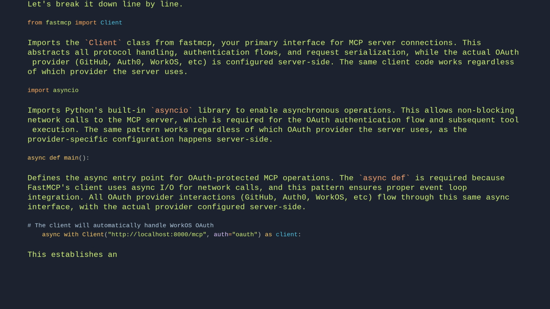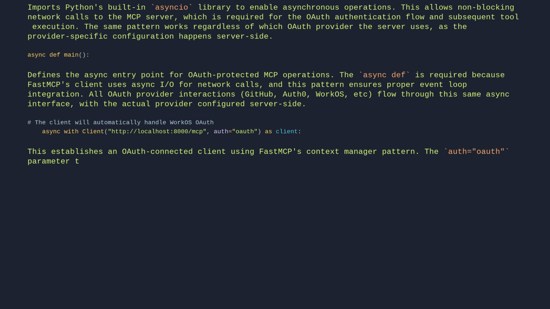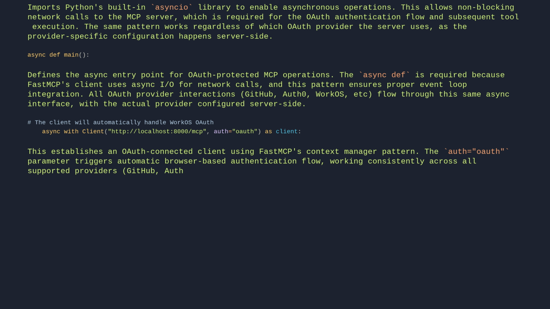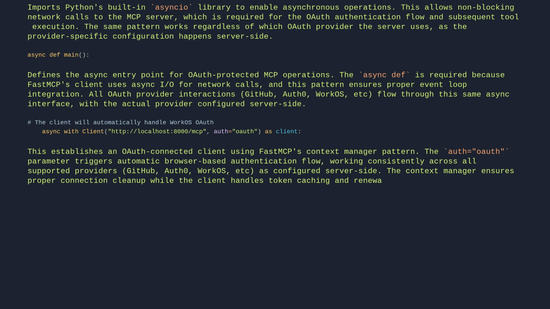This establishes an OAuth-connected client using FastMCP's context manager pattern. The auth equals OAuth parameter triggers automatic browser-based authentication flow, working consistently across all supported providers, GitHub, Auth0, WorkOS, etc., as configured server-side. The context manager ensures proper connection cleanup, while the client handles token caching and renewal transparently. # First-time connection will open WorkOS login in your browser. print("Authenticated with WorkOS")